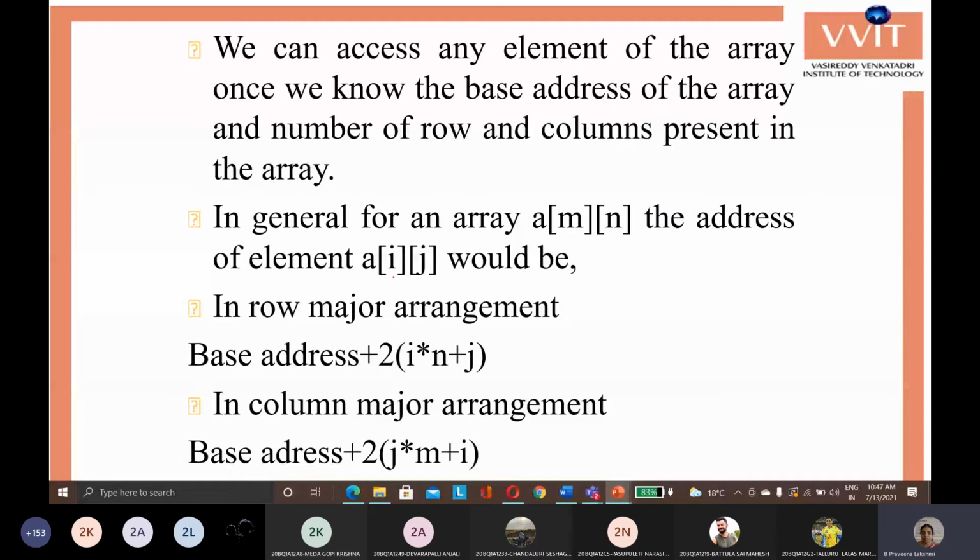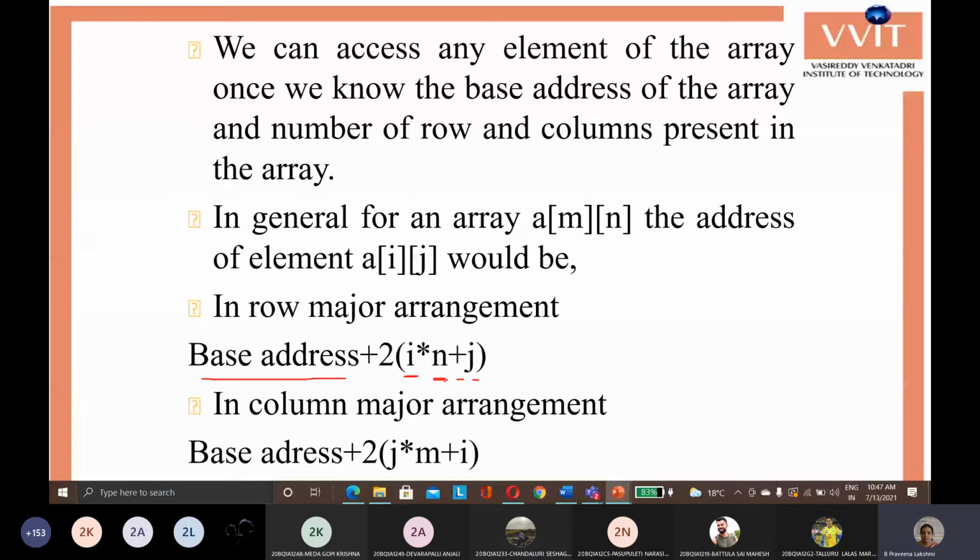Whenever we have to calculate the address of any particular indexed element, it is the same as in one dimension: base address plus 2 into (i into n plus j), where i is the index of the element we require, j is the column index, i is the row index, and n is the number of elements.